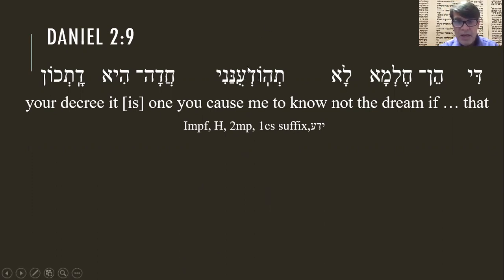And you can see yada. Same thing happens in Aramaic that happens in Hebrew in an H stem. The yod of yada becomes a holam. So that's standard. And then ni, not the knights who say ni, but ni as in the first common singular suffix, which means me. So if the dream, you, second masculine plural, if y'all do not show me the money, if you do not cause me to know, cause from the H, and yada means know, if you do not, and me from ni, if you do not cause me to know the dream,